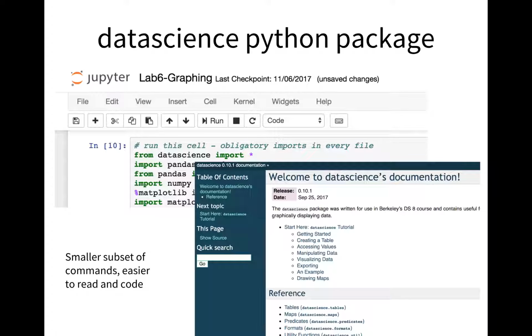Naming something data science was not super foresight of Googleability, right? There are too many things called data science. But importantly, as I said, the reason we use it is there are fewer commands to learn. It's easier to read. It's simpler. You can do things in one simple line that in another package you would maybe have to do in 2 or 3 lines.